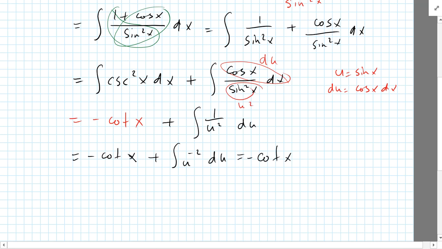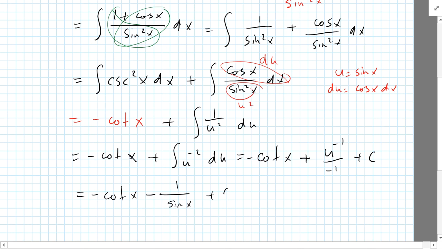And what is the antiderivative of something to this negative 2 power? Well, it's going to be u to the negative 1 over negative 1 plus c. We don't want to leave it that way. We want to substitute back in what our u was. So we're going to end up finally with negative cotangent of x minus 1 over sine of x plus c,